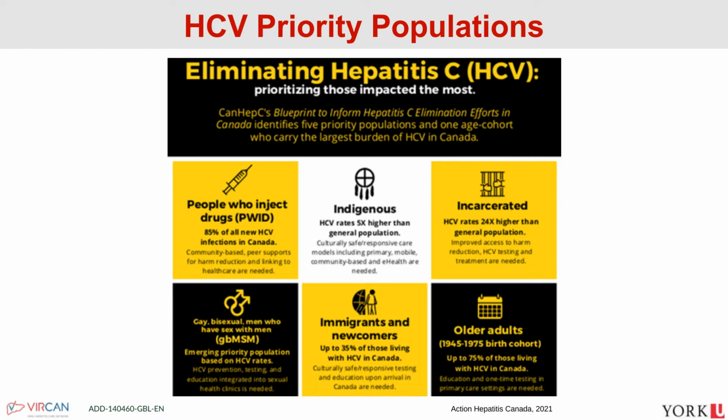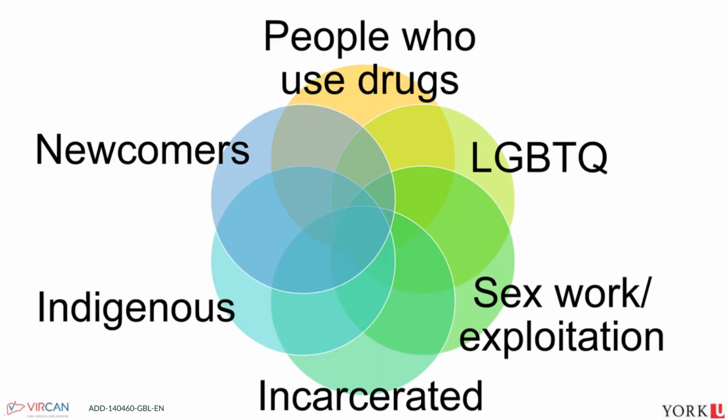But of course, in other places in the world, there's an adoption of screening all adults once, as well as more aggressive strategies if there are outbreaks, including among gay and bisexual men and things like that. These are the 6 priority populations that were set out in 2019. But of course, there are going to be new emerging priority populations. We're seeing that in line with the opioid epidemic, there are many more new infections in young people, infections in young women.